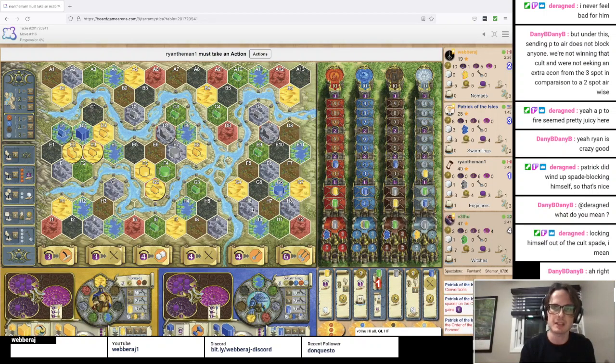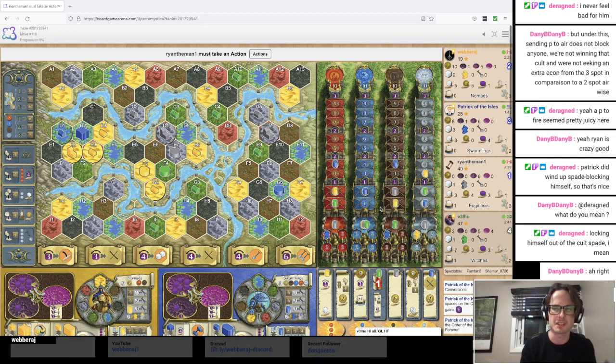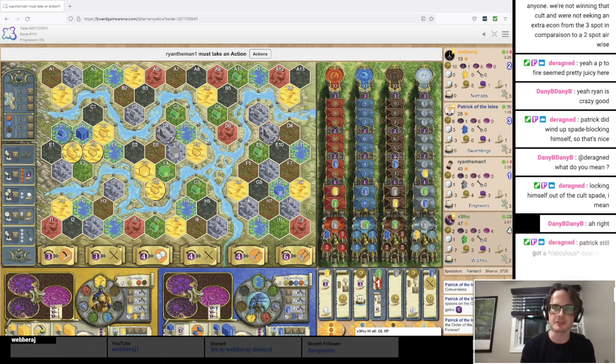Alright, so he's just taken 3 spots. But why wouldn't he 3-spot water? It's just more power, and neither have rewards. Was it to block Engineer sending a priest to Earth? It's just interesting, he could have just sent 2 priests to air and gotten these bonuses, but he sort of sent them to, like...